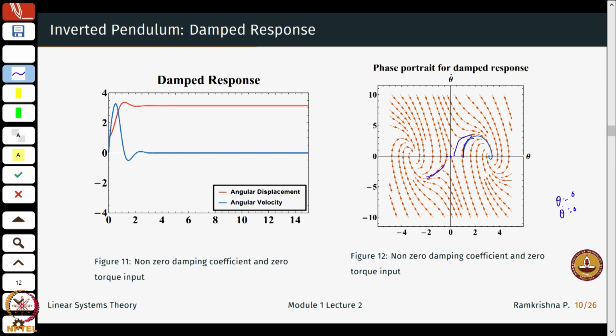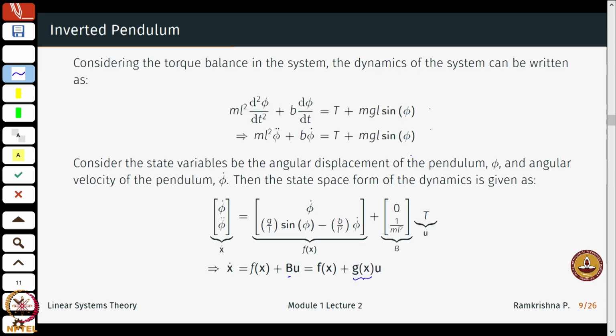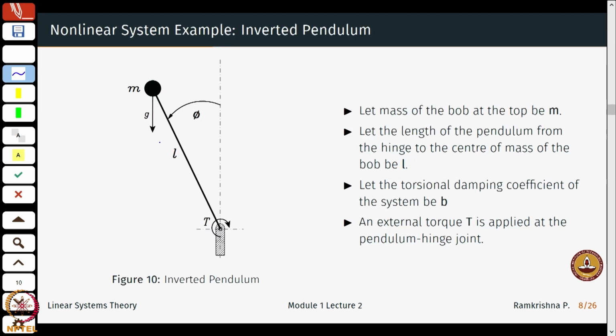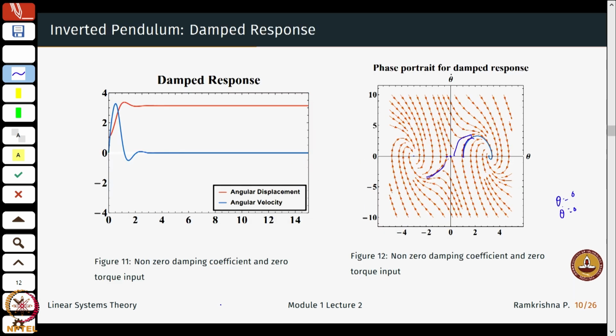So if I start from here, I might just go here, and start from here, I might just go from here. That is also true because if you take a pendulum that is upside down and perturb it, you expect it to go down. It might converge to the downward position, which is maybe somewhere here. So starting from phi equal to 0, I might go all the way and possibly converge to phi equal to 180 degrees. That is what the phase plots say here.